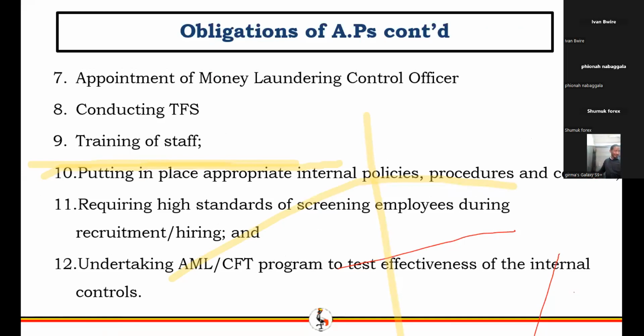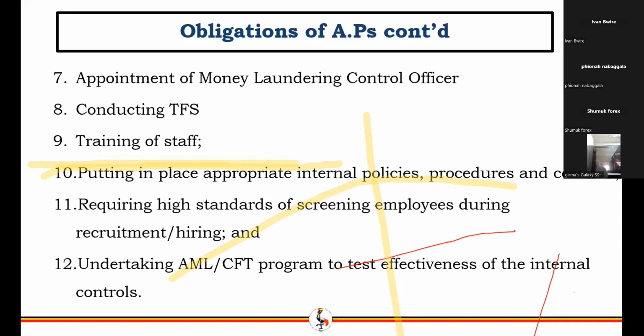All right, appointment of a money laundering control officer. This is a requirement on registration. You normally provide us with details on who is your money laundering control officer, like a contact person for FIA, and the law provides for the responsibilities of this appointed person. He's the one charged with the responsibility of reporting suspicious transactions and filing reports to FIA, as well as when you're escalating your STRs, this is the person you escalate them to, and he or she disseminates them to FIA. So he acts as a contact person between the institution and FIA.